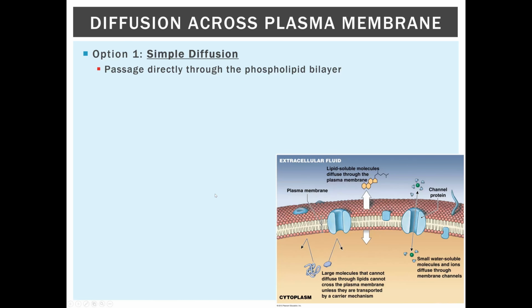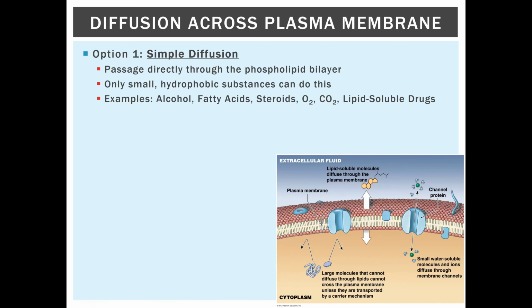So the first option, this is the option where it goes directly through the membrane. That is called simple diffusion. Passage goes directly through the phospholipid bilayer. However, remember the bilayer was a little sandwich with a hydrophobic middle, and so only small hydrophobic substances can do this. They're the only ones that can cross that middle hydrophobic region. So things like alcohol, fatty acids, steroids, oxygen, carbon dioxide, and certain lipid-soluble drugs are able to pass through the